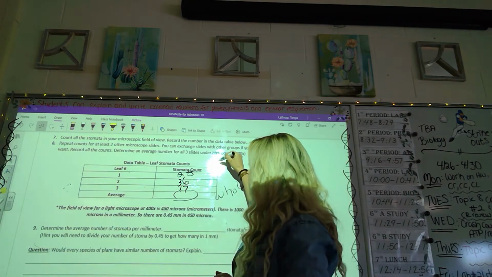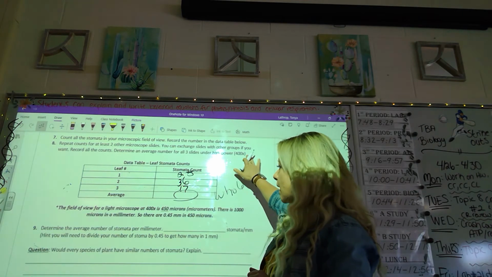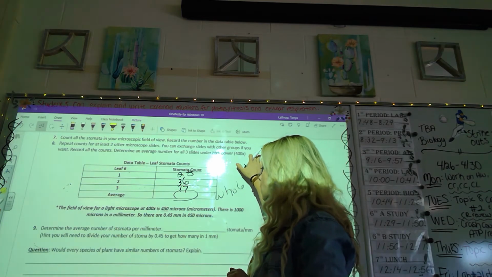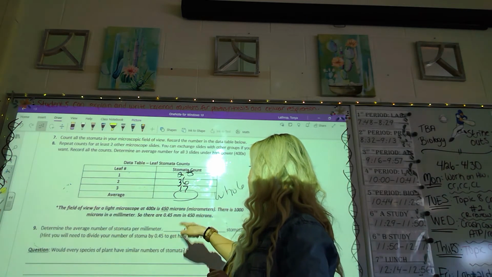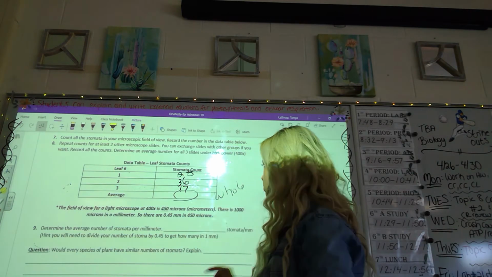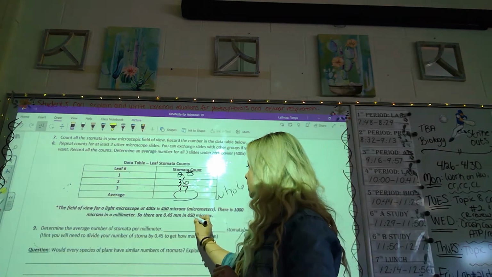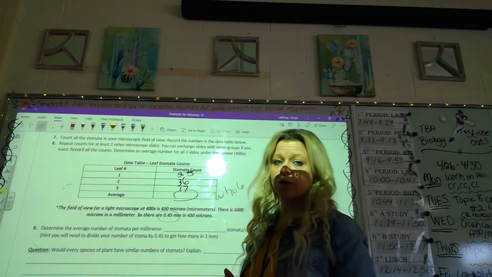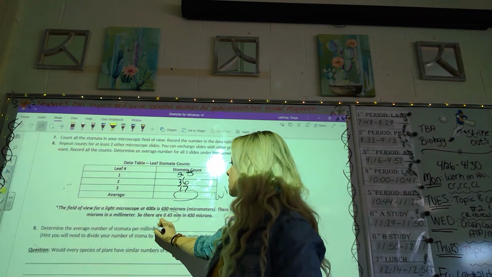This is under high power. They're saying calculate how many stomata per millimeter. So I'm going to take this number that I calculated and divide it by 0.45 to get my number for